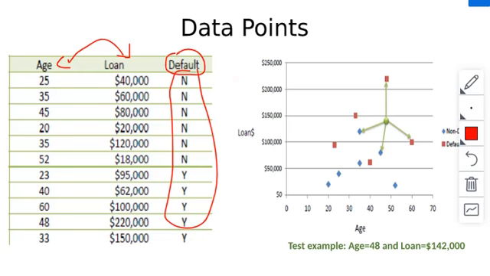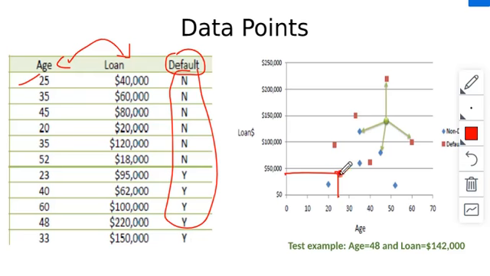So these records, the training instances, are represented in the form of data points in a two dimensional space. How? Let us take the first instance. The age is 25, loan is $40,000. Age 25 will come mid. And 40,000 will come almost near here, because the loan amount is in terms of 50,000. So when we take this, we get the data point here like this.